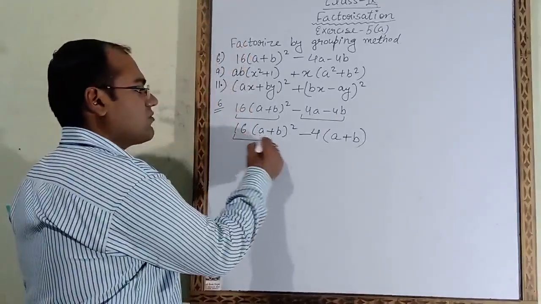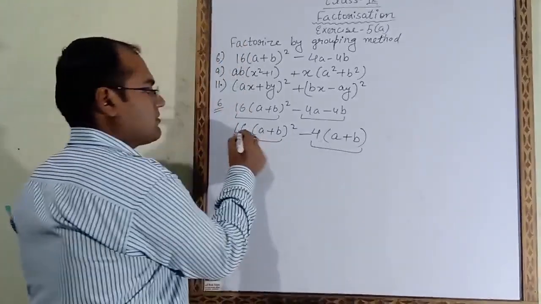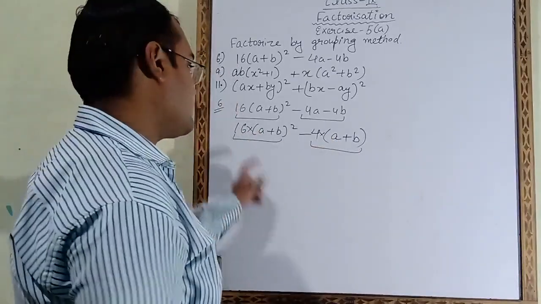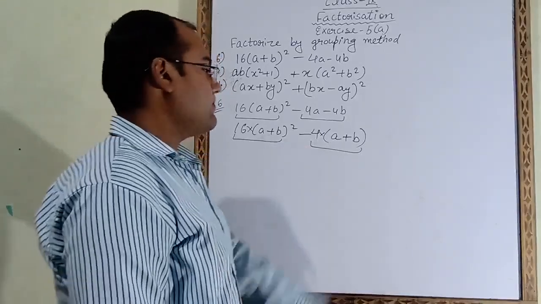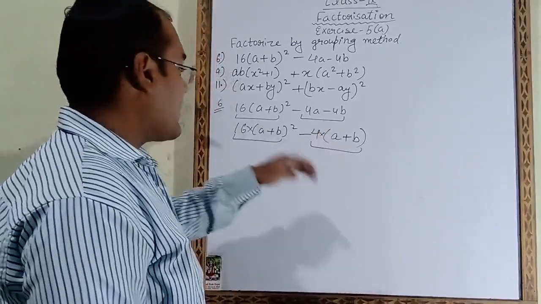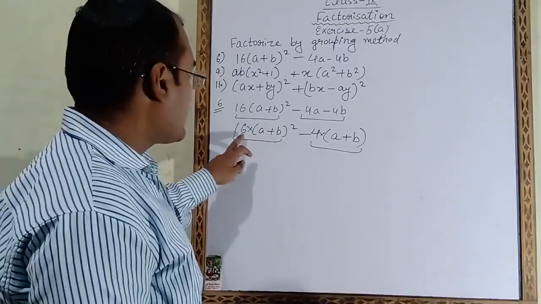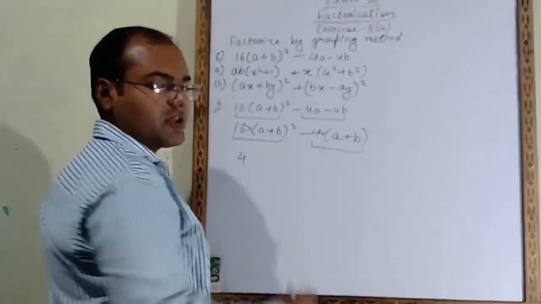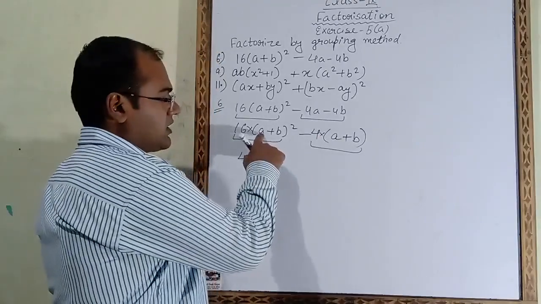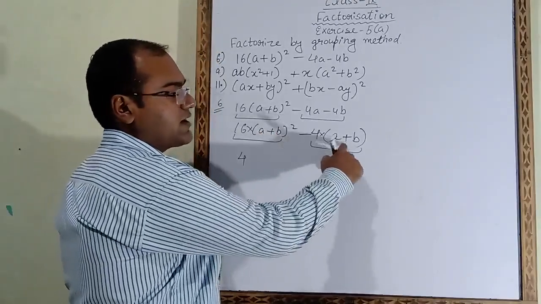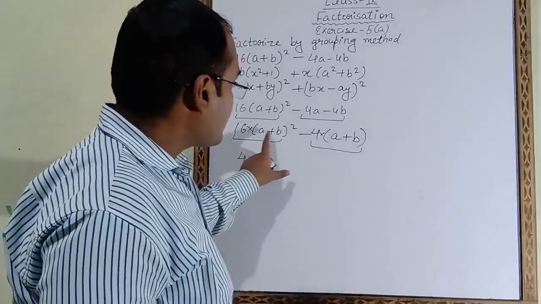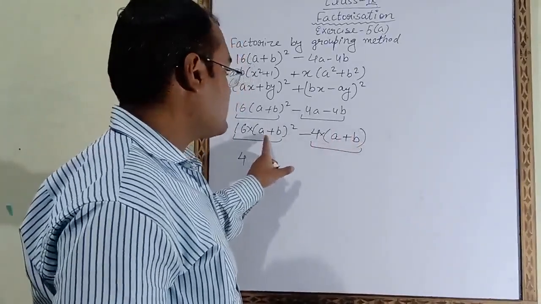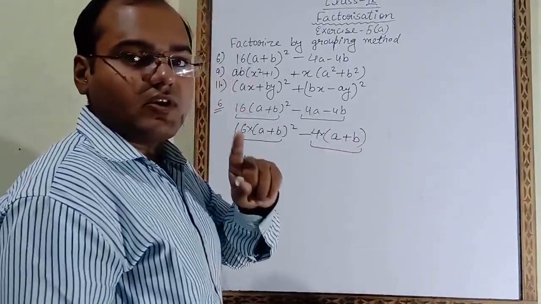Now this full part is one term, this full part is another term, because between these two, what is the sign? Multiply sign. Between these two also, what is the sign? Multiply sign. So this full is one term, this full is the second term. Now from these two also we will take common. Let's take common from the outside numbers first. Here outside 16 is there, here outside 4 is there. From these two we will take 4 common, because these two come in the table of 4. Now inside the bracket, here it is written (a plus b) whole square, and here it is written a plus b. Whole square means a plus b is coming 2 times, and here a plus b is coming 1 time. So we will take a plus b common.